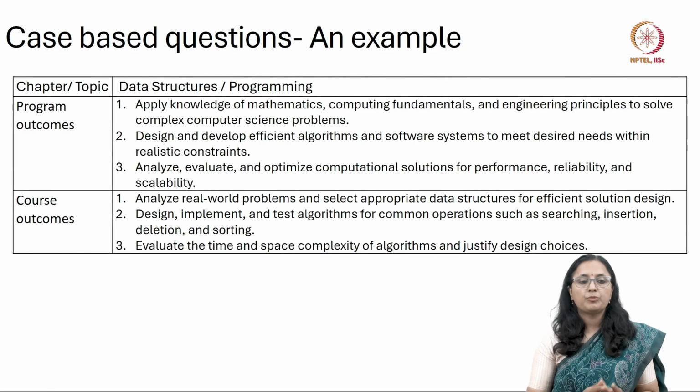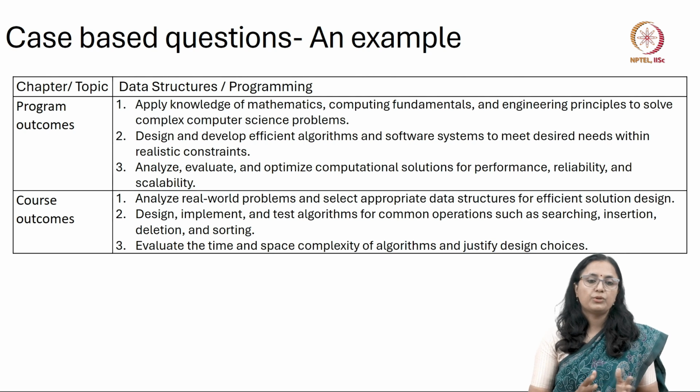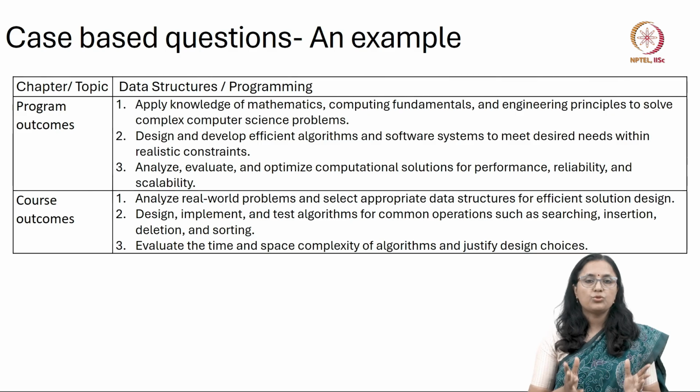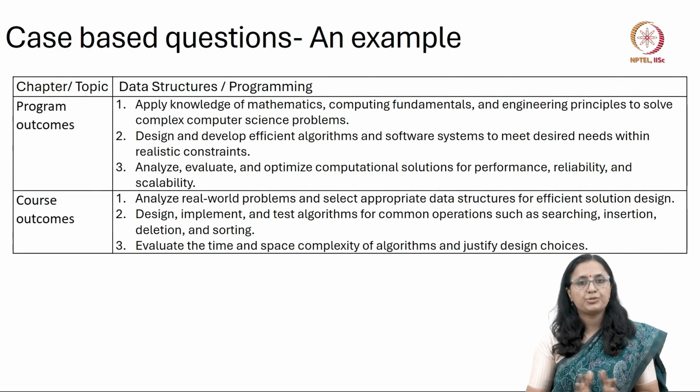Such a question is probably assessing multiple course outcomes. In the examples we have seen so far, the questions were assessing a single course outcome, but through a case-based question you can actually assess multiple course outcomes. Here, this question is assessing 3 different course outcomes. For such a question also we need a very detailed marking scheme where you write all the criteria, divide the marks for those criteria, and also write some description.